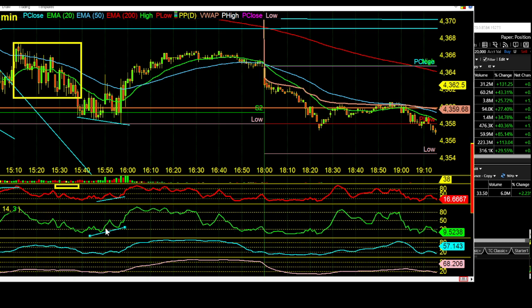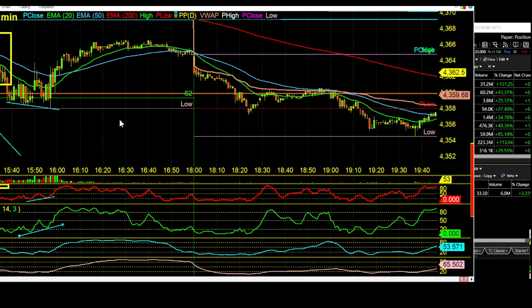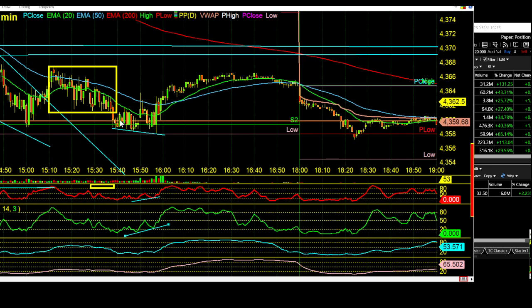But once we see an obvious divergence, meaning we have a low here, but a much higher low here, this angle is all important. Right now you can see that angle is about 15. Anything above 10 is really good. The higher that angle, the better. If it was a straight line, that would be even better. That's almost a hidden divergence, but it's very important. So that would be a setup right there. Now that's closed, but it still qualifies as a setup. So that's our major divergence right there.